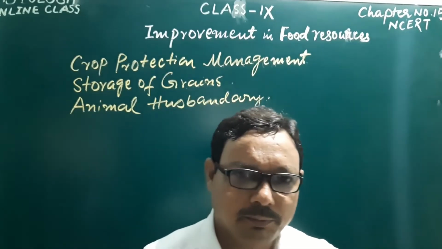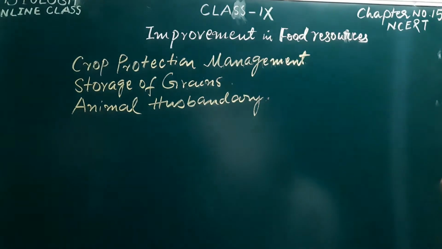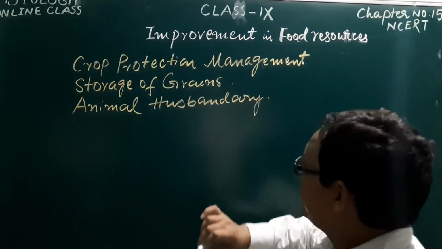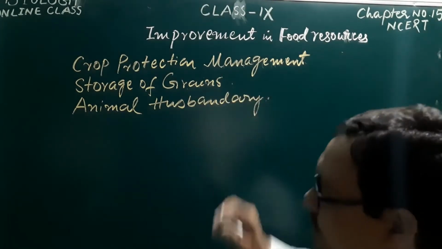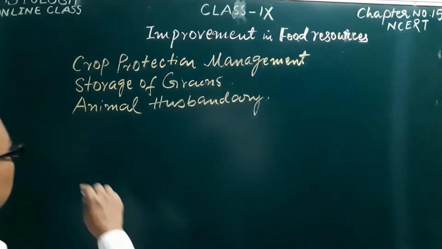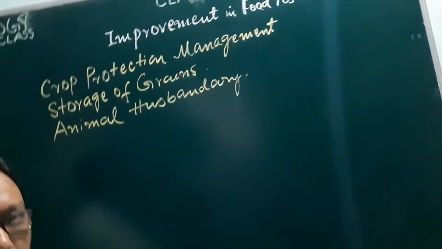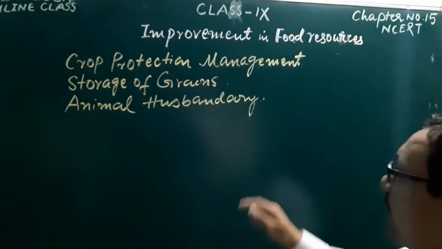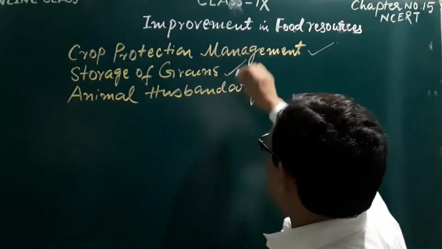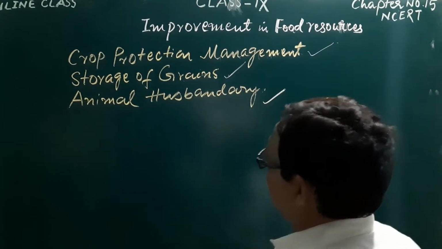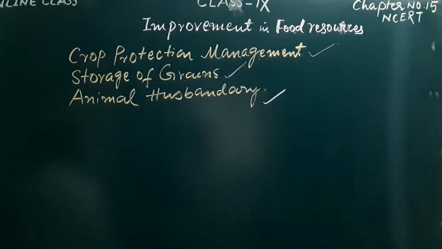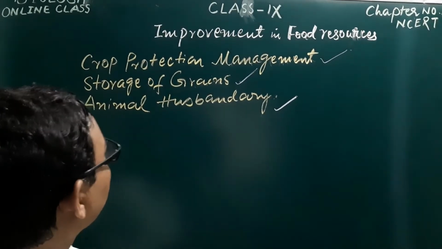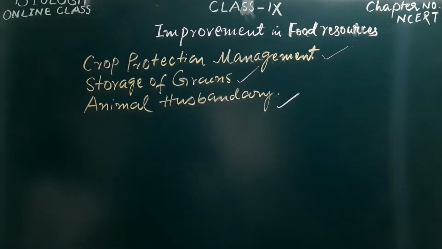Good morning, students. Today, from our chapter, improvement in food resources, we will study three important parts. Number one, crop protection management. Number two, storage of grains. And third will be animal husbandry. If we get time, we will study this one also. Before these points,